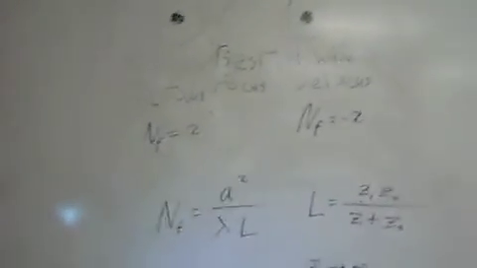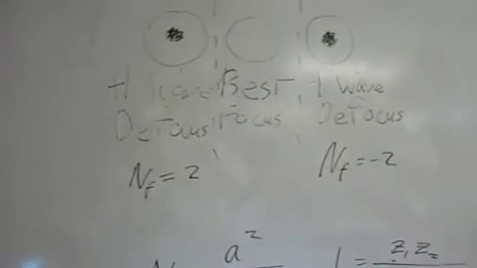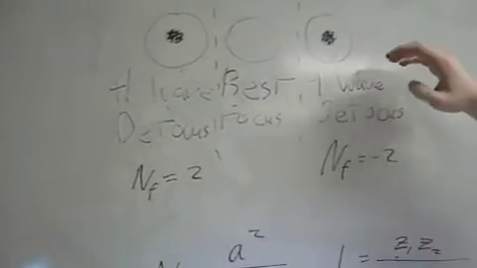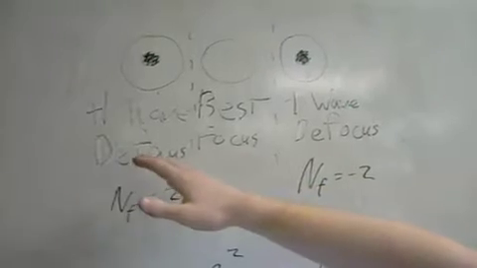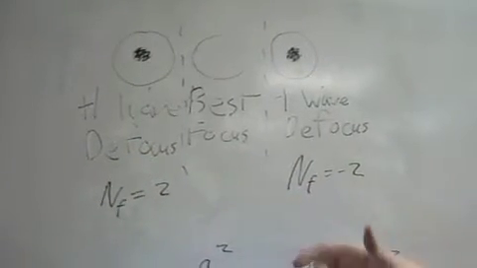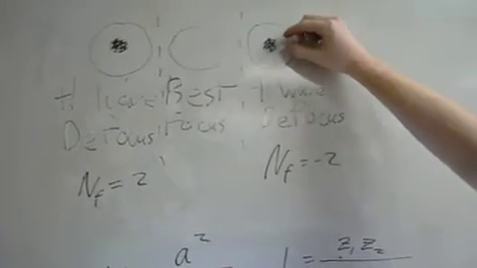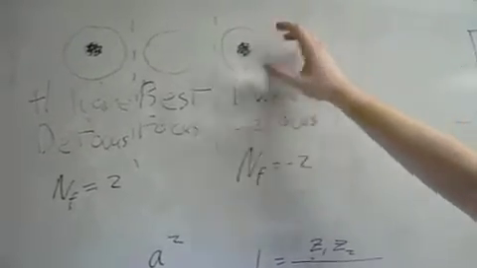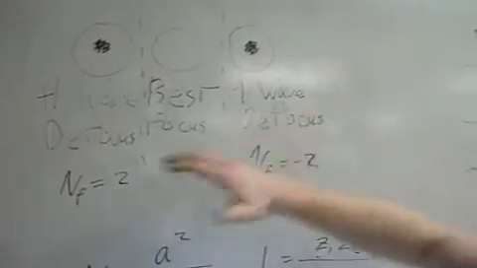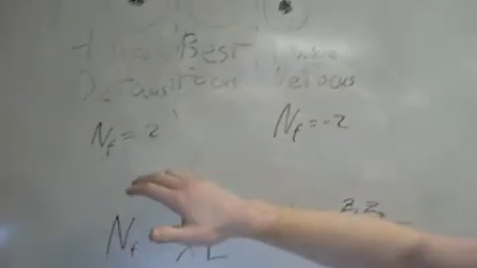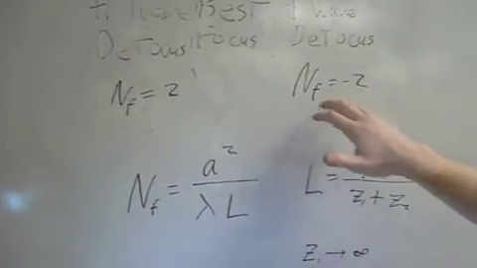So for Fresnel diffraction for a circular aperture, we have best focus, which will just be a central bright spot, and then we have defocus on either side, moving away from the best focus, and we'll see a single dark spot surrounded by a bright spot. And this corresponds to plus or minus 1 wave of defocus, which corresponds to plus or minus 2 for a